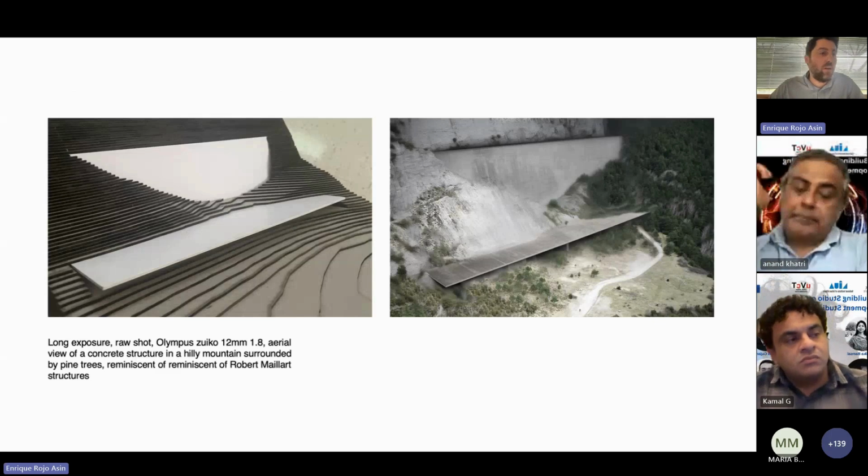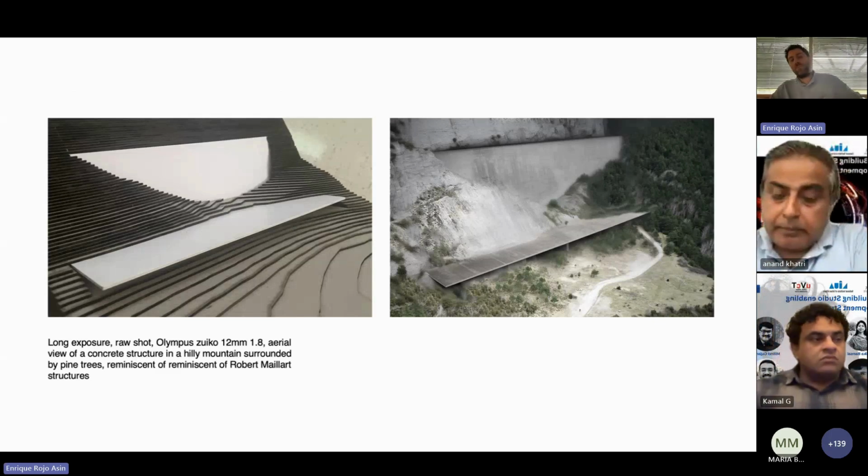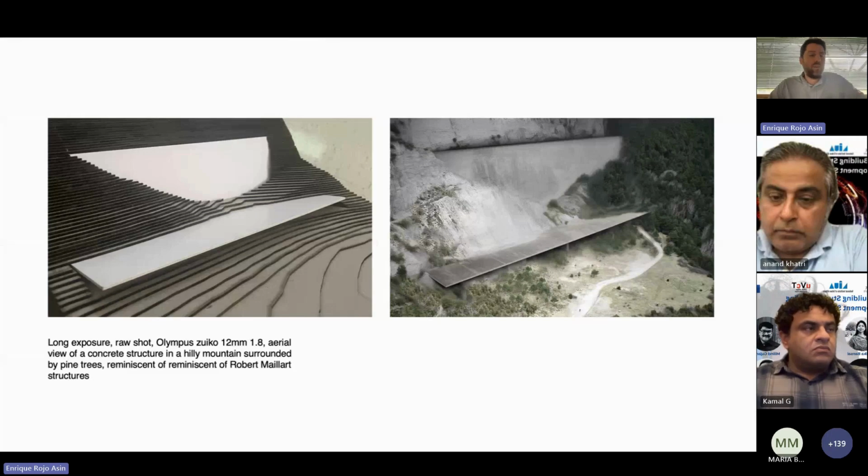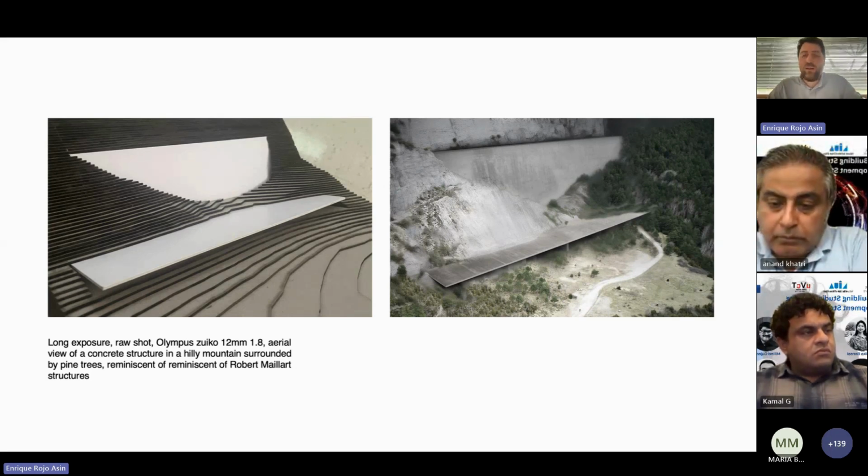Or, for example, from a real model to an image. This is a model of a student, and again, just with a prompt, talking about these concrete structures of Robert Maillard in Switzerland with a mountain and all concrete, you obtain this kind of image that obviously can be even improved.